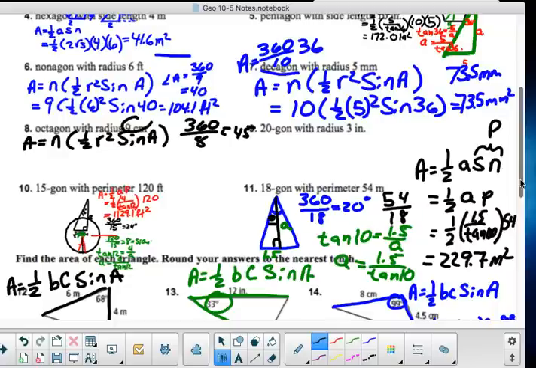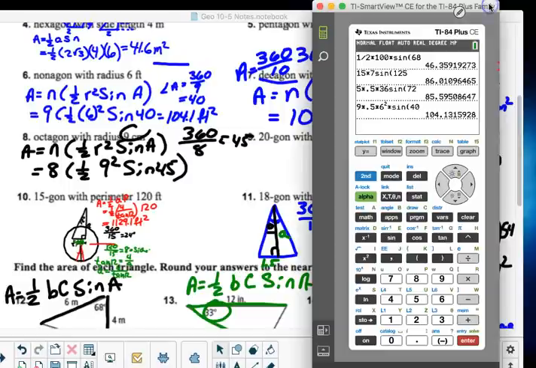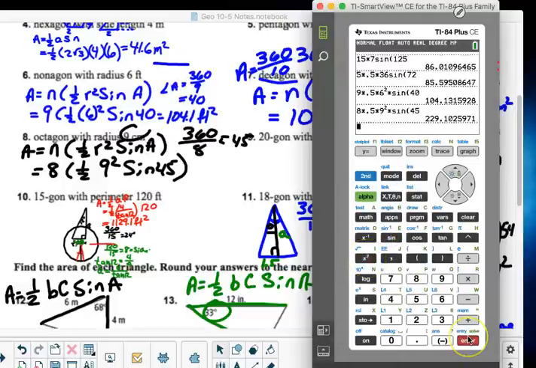R, they tell us, is 9. Octagon is 8. There are 8 triangles that have sides of 9 squared. Sine of 45. I'm going to pop that in my calculator right now. So I'm looking at 8 times 0.5 times 9 squared times sine of 45. And I'm going to get